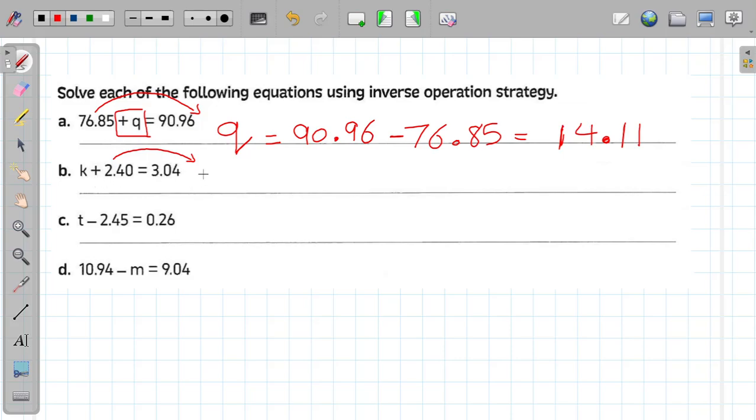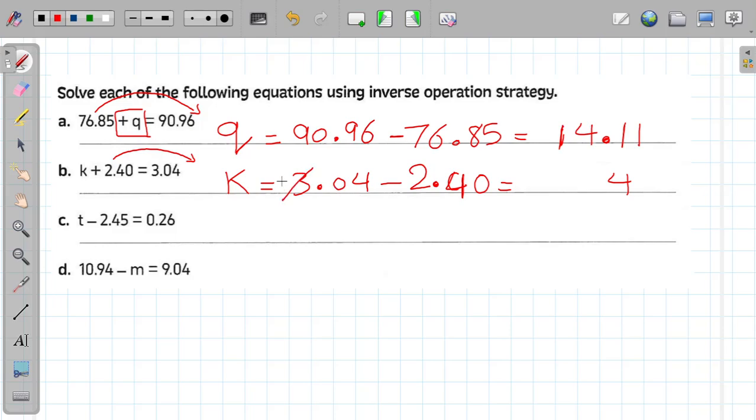I have here addition, so I will send it with subtraction. Okay, so I will write Q equals 3.04. I will write the first number first, and then the second number. I have minus 2.040. Okay, so it will be 4 minus 0 equals 4, 0 minus 4, so it can't be,